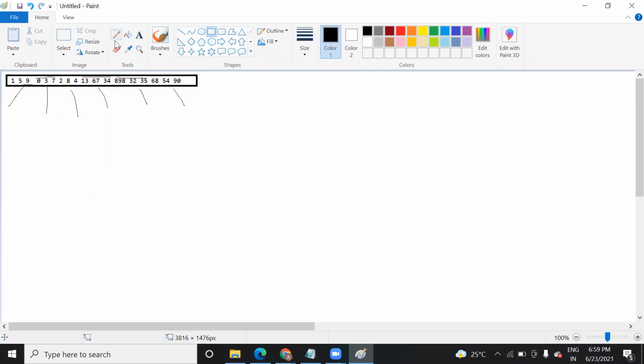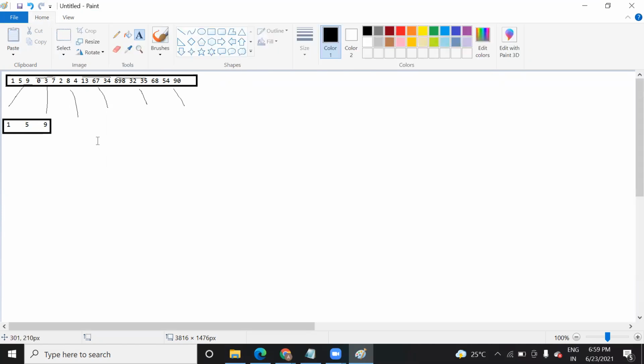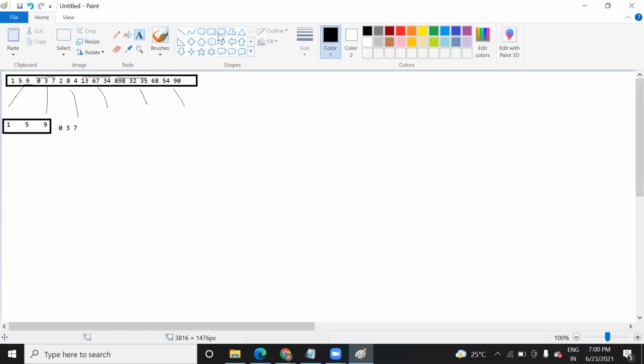You divide it into several sub lists. Like this you do it for every element. Now the next one will come here, suppose the next one will be 0, 3, 7, right? In this way, you will divide these 18 elements into sets of 3 elements.